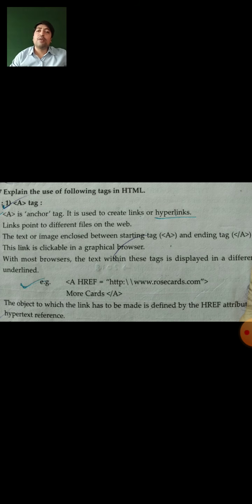By collecting from different places, the anchor tag will help you gather your total document into one document. You can see on your screen the a tag. What is the a tag? We will see the detailed definition and description of the anchor tag. It is used to create a link or hyperlink. Why do we use the anchor tag? For creating a link or hyperlink.